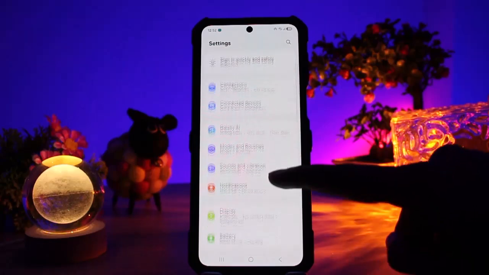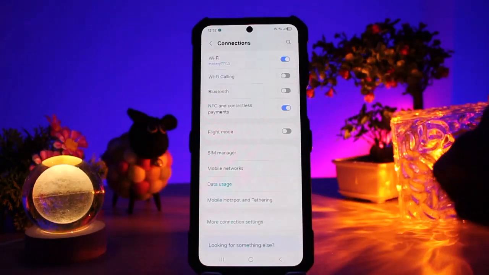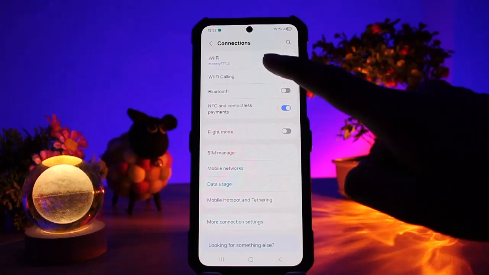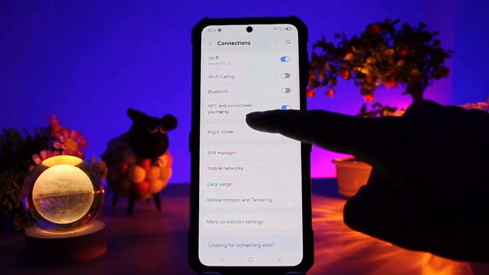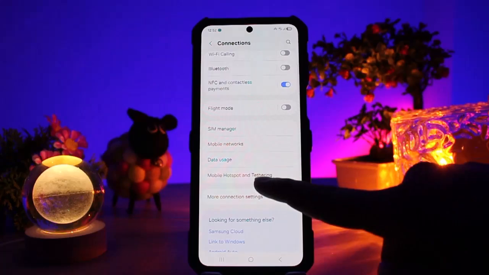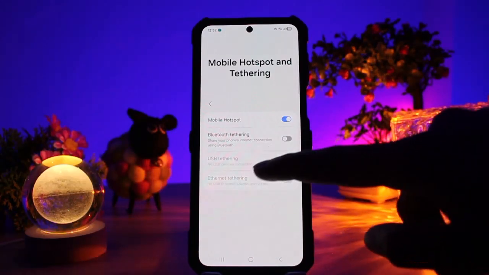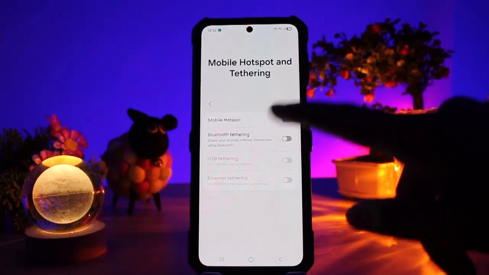From here you just need to scroll down until you see the option of connection, which you'll find on the top. So click on it and from here you'll see various options of Wi-Fi calling, Bluetooth, NFC and contactless payment and all of the other things. But at the last you'll see the option of mobile hotspots. So click on it, and if you see the option of network name or SSID, you just need to click